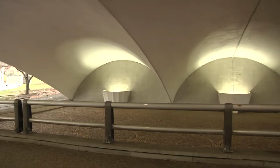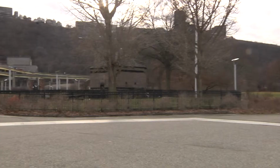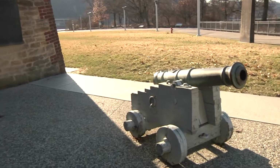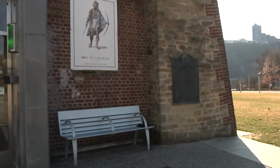Point State Park is open year-round, so anyone can come enjoy it at any time. In the summer, being outside is great, but in the winter, you might want to warm up indoors. Luckily for you, Point State Park also features the Fort Pitt Museum, where you can learn a little bit about